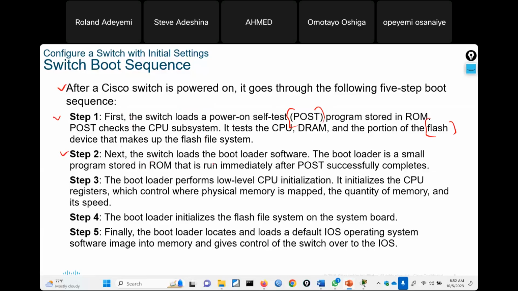Next, the switch loads the bootloader software. So what is bootloader software? The bootloader software is a small program stored in ROM that is run immediately after POST successfully completes. When you talk about your bootloader, all of these things just have some set of instructions that they have to follow. It's like, I'm done with my part, I pass over to you. You have to run the set of instructions that is embedded in that firmware before passing over to the next